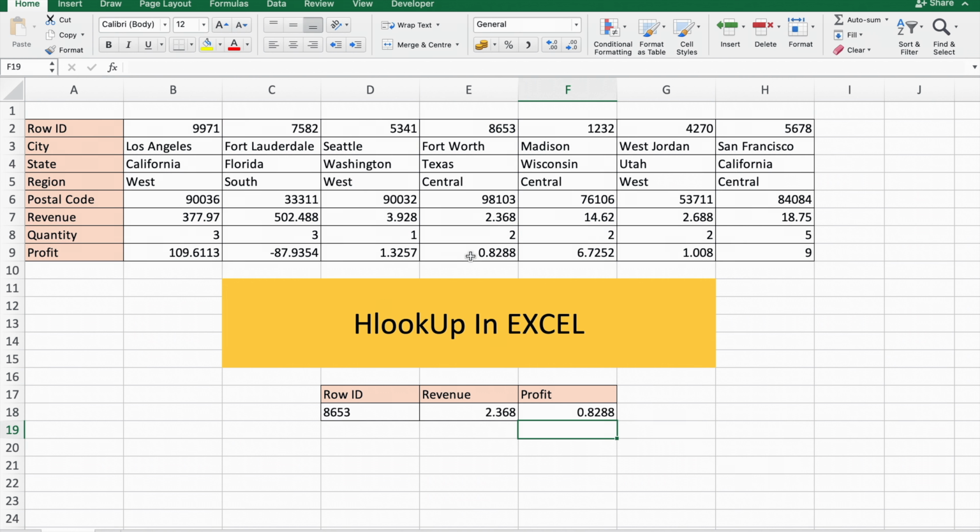See, you can see here 0.8288. If I change the value of row ID here, like 4270, see the value is changed now here. As you can see here, the revenue is 2.688 and the profit is 1.008. If I change the value to 7582 here like this, you can see 7582,